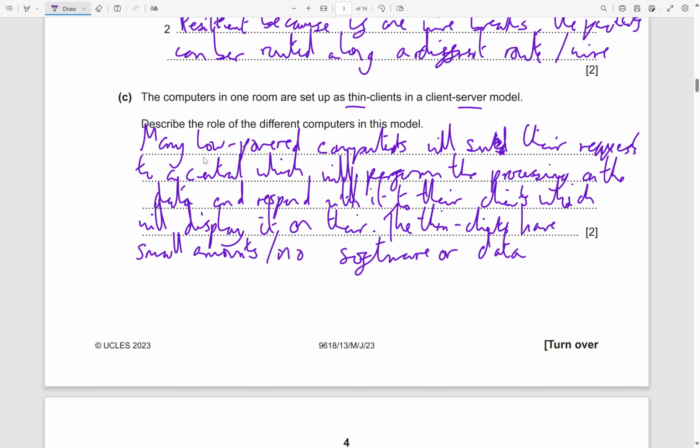The reason I say small/no here is because in some papers they say this has no data, this has no software, and they bold it as a keyword, whereas in other papers they say limited amounts, and they put that in bold. If you put both of them, hopefully they should accept it, regardless of what they have in the mark scheme. Likewise for thick clients,